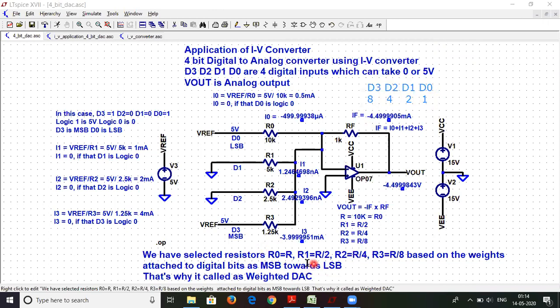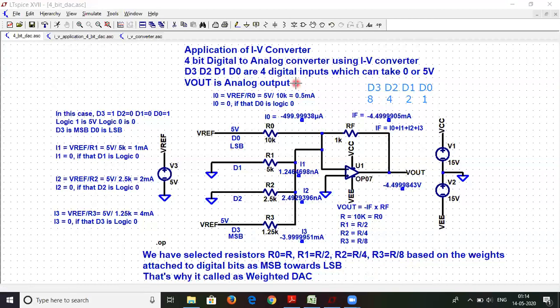So we have attached R by 2, R by 4, and R by 8 accordingly. That's how we have decided the weights attached to the digital bits, right from MSB to LSB. That's why it is also called a weighted D2A converter.